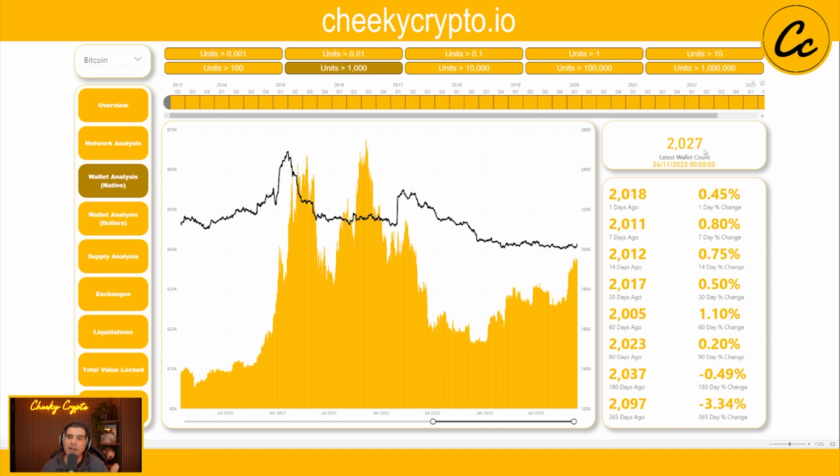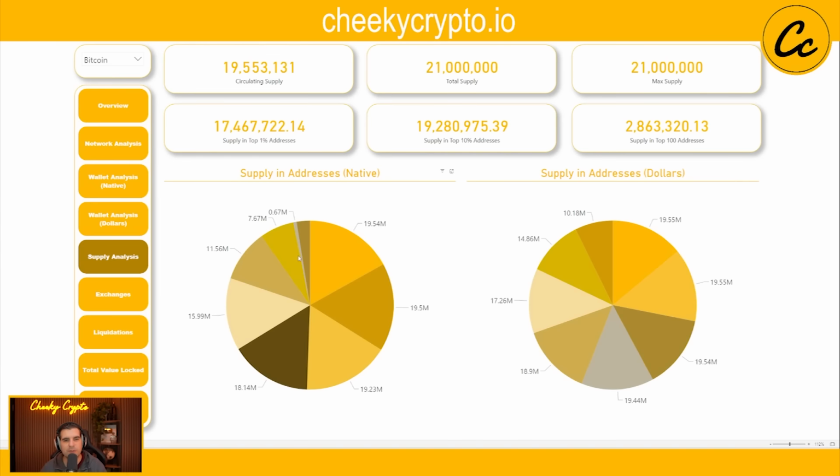There's 2,027 wallets, right? What we can do is go over to that slice of the pie and say there's 2,027 wallets that hold 7.6 million Bitcoin. So we can be really quite specific about that all the way down to the very decimal point. What's really interesting here is you can see there's a pretty sizable chunk of the pie sat with those level of investors. If you go up a little bit higher, you have your 10,000 Bitcoin or more wallets.